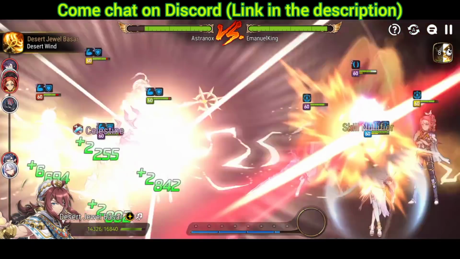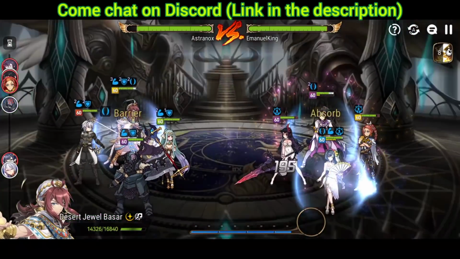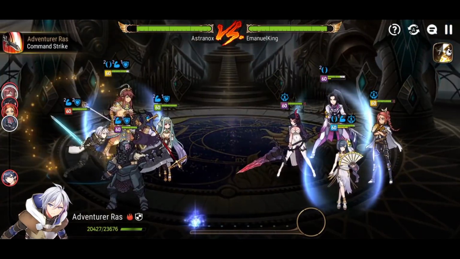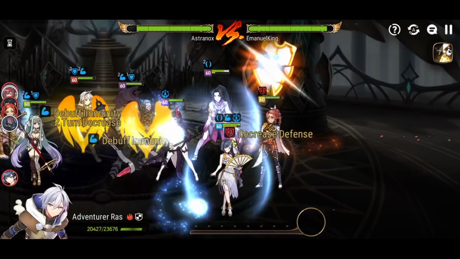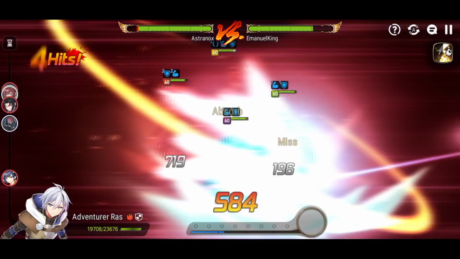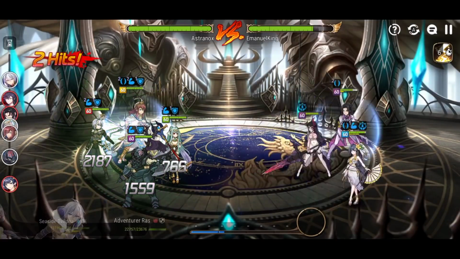annoying. Armintha with the stun burn. The provoke from Fallen CC. And of course, Seaside, so annoying with the defense break. The random defense break. The target debuff. Unable to buff, debuff, unhealable. Immunity comes in super handy, but even if DG Bazaar wasn't there, I still have Adventure Ras, which would pair